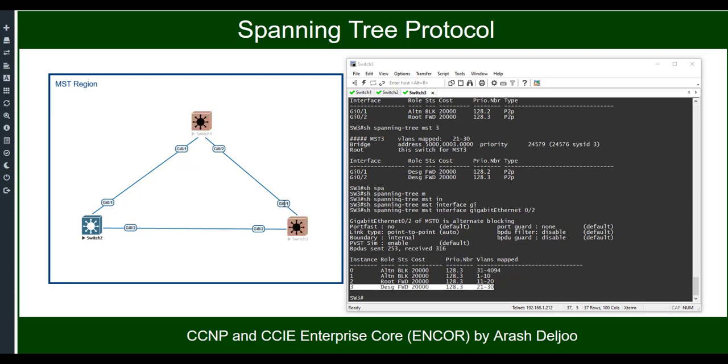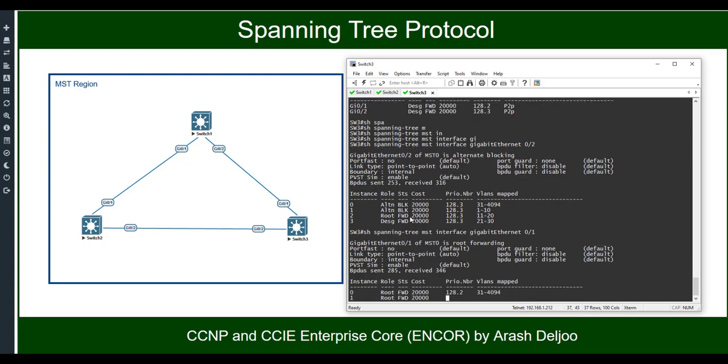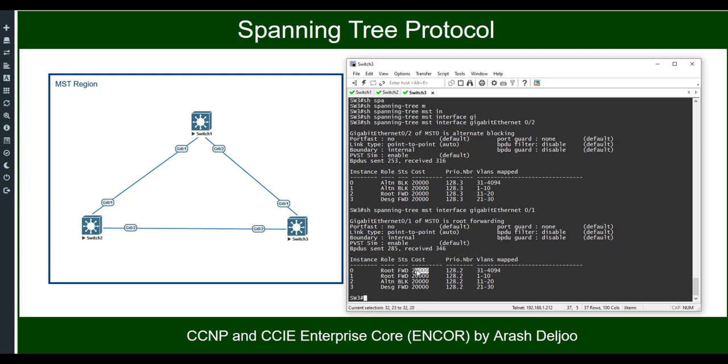For example, in gigabit 01 or in switch 3, as you can see, show spanning-tree MST interface gigabit 01 has the same cost in all of these three instances. Maybe for some traffic engineering, you want to change the cost of gigabit 01 in, for example, instance 1. Look here, in instance 1, gigabit 01 is the root port and gigabit 02 is, for example, blocked. Let me change this behavior only for instance